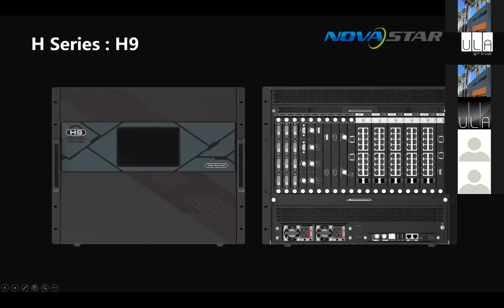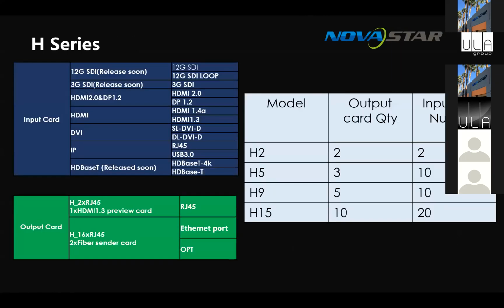Same with the H9, as you can see, it's a bit bigger again. And the slots, it's all dynamic, so you can change the slots to be whatever. Control for this is via a web interface. And also you've got a touch front panel on it that you can do a few bits and pieces with as well. But realistically, you've got the web interface to do your main control points on that.